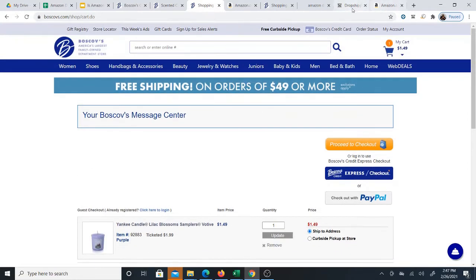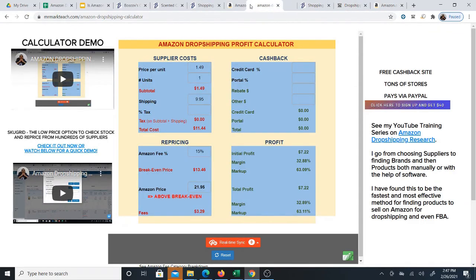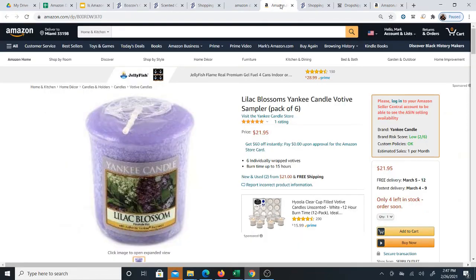So that's a pretty good profit if you calculate it. I'll use my calculator, right? $149. I already put the numbers in. $9.95, $21.95 for the Amazon price. So again, $149, 1 unit, $9.95 shipping, 15% fee. Amazon price $21.95. That gives you an initial profit of $7.22. This is your sales margin, and this is your ROI, 63.09%. So it's pretty good. All right, so here's an example of a profitable product and a profitable supplier, and there